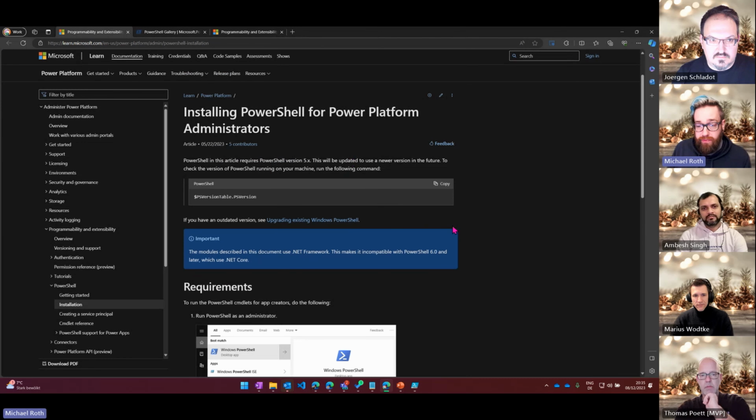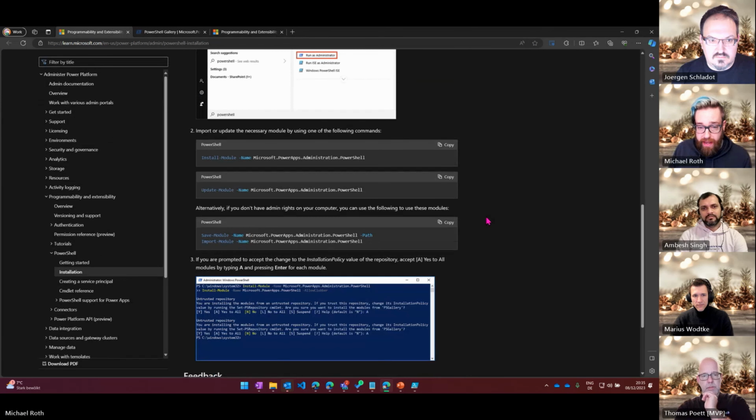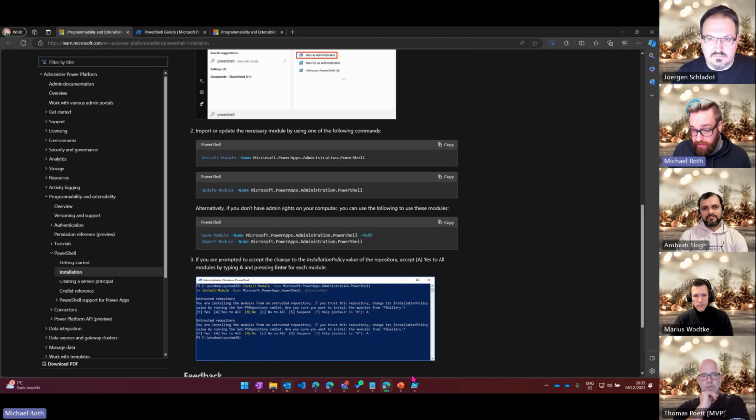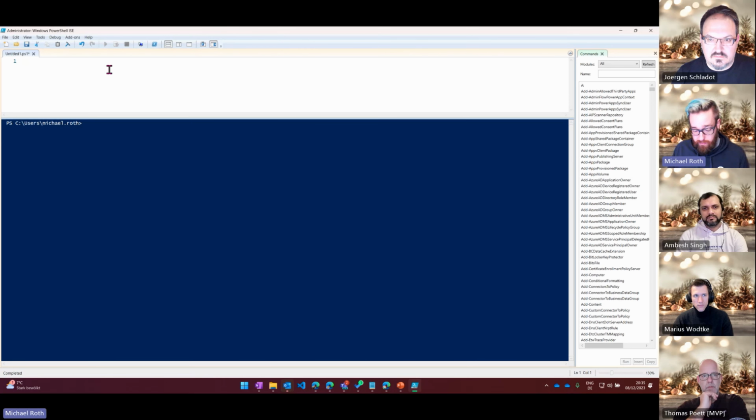Basically, you get the requirements beforehand, and you get the commandlet to install this. If you don't want just the commandlet and trust the Microsoft documentation, you can visit the PowerShell Gallery. It's in here as well. Once again, you get more information here, and here is also the code snippet to install it. If you just click this button here on the right-hand side, you have it copied and you can paste it into a terminal, into a shell, or even in here. I've copied something else. Anyway,